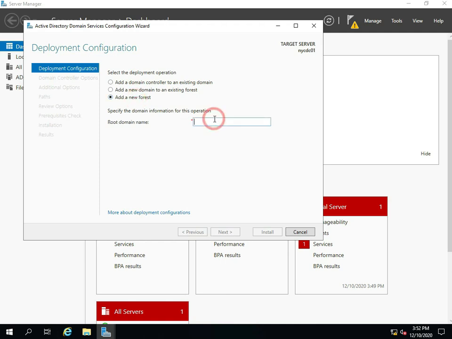So the root domain name for our server will be NYC. Let's leave it by learning tech.local. Okay, so I'm gonna click next,